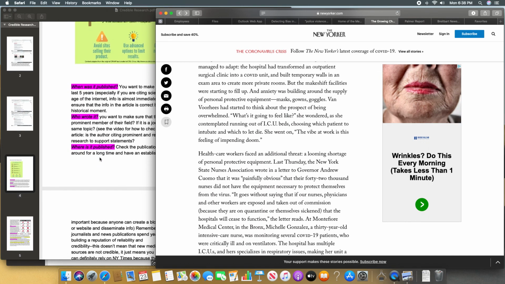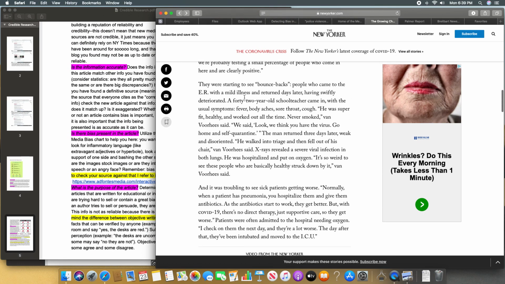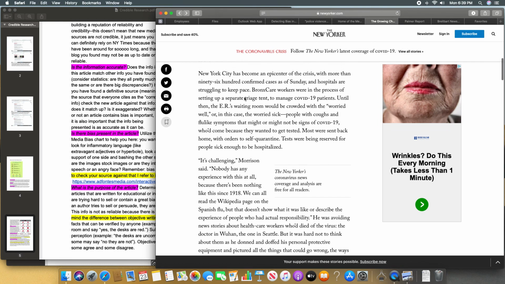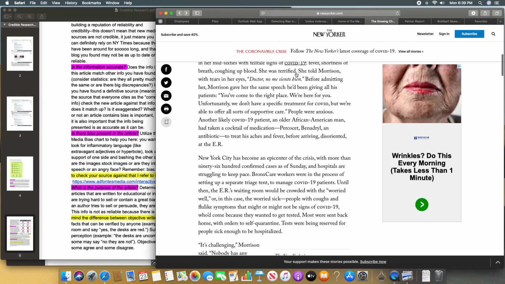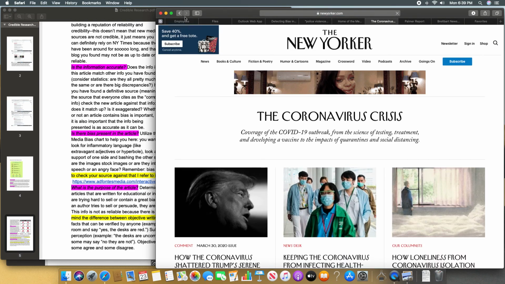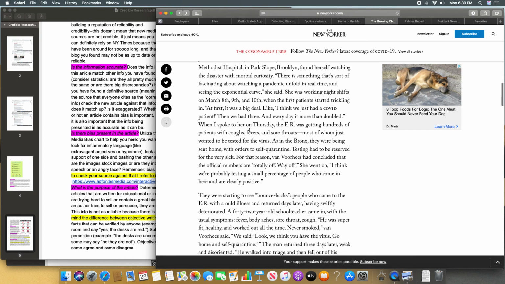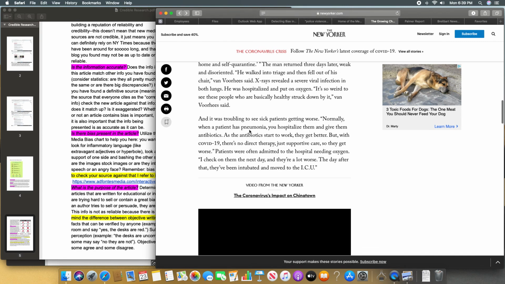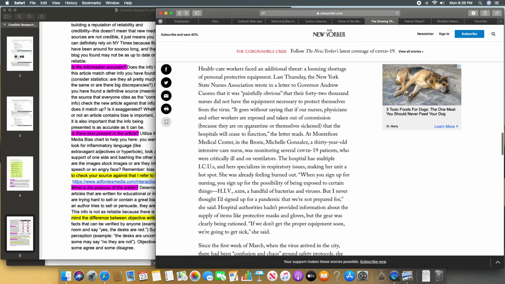Where is it published? Let's go to the next one. Is the information accurate? I haven't read a whole bunch on this topic, so I don't know what I could compare it to, but I'm going to go through now and see what we've got. So hyperlinks, where are they leading us to? That leads us to a whole folder of articles. Cool. That's always good, right? That's helping you with your research. Now you have a ton of stuff to look at. However, I don't see any other links that are hot within here that are citing